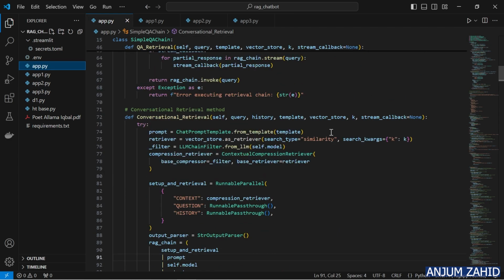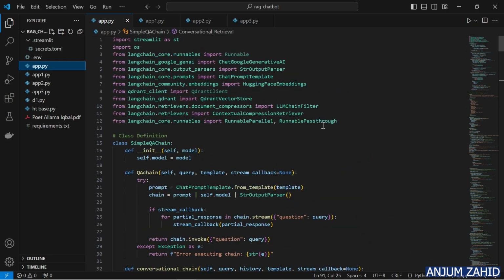So here is our main application. First of all, you import all the necessary libraries. We will use Streamlit for front end display. A RAG application functionality is also integrated in this. We will use the Google Gemini model for taking responses, and for embedding, we will use Hugging Face